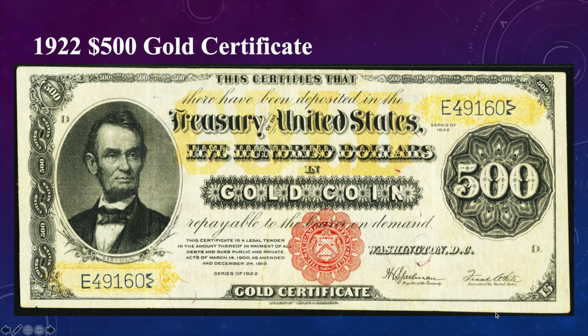And there's no varieties on the issue, so all of the signatures are going to be the same. Down here you can see it's Speelman and White, and so it really depends on the condition in terms of how much the notes are going to sell for. There's also no low serial numbers, or there's not many of them. There's no star notes, so again, all on the eye appeal, and it bears the same reverse as the 1882.